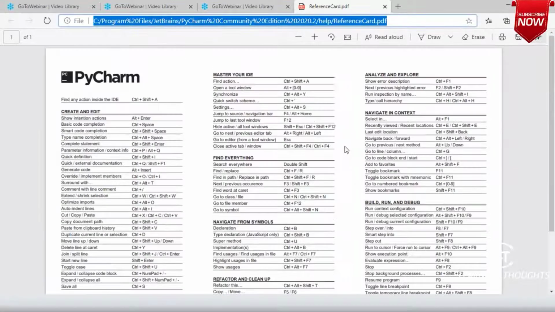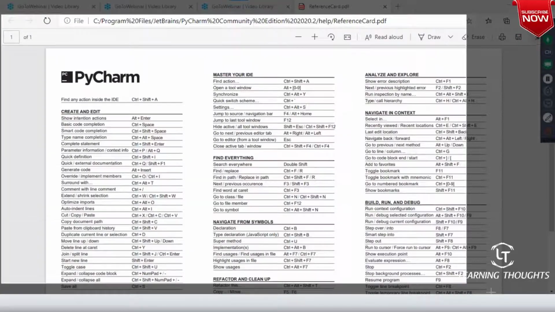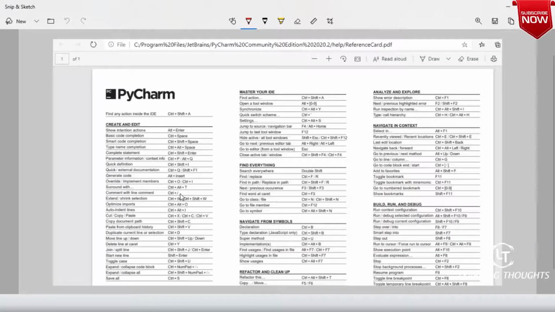So you can take a printout and stick it to your desk, right? So you will have the whole of your keyboard commands over here.